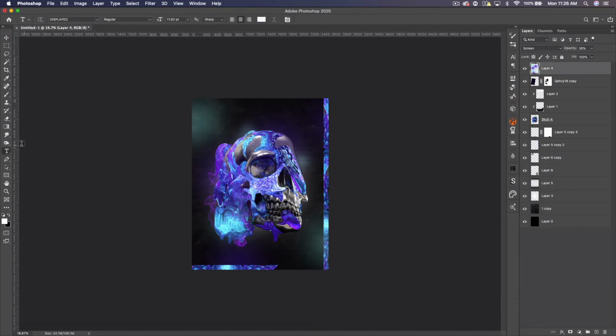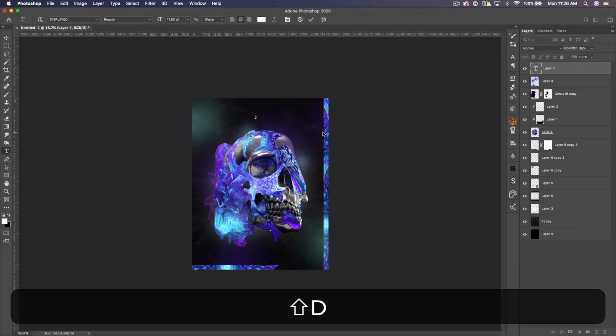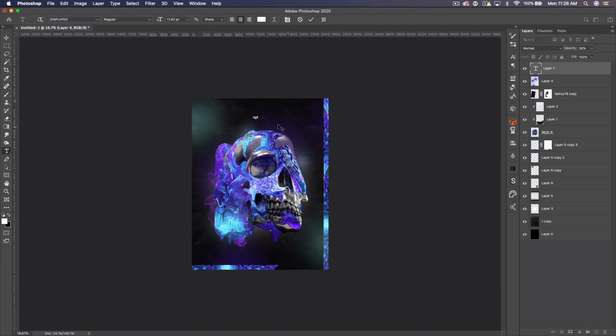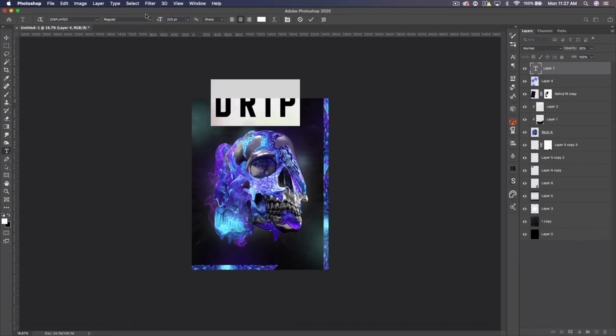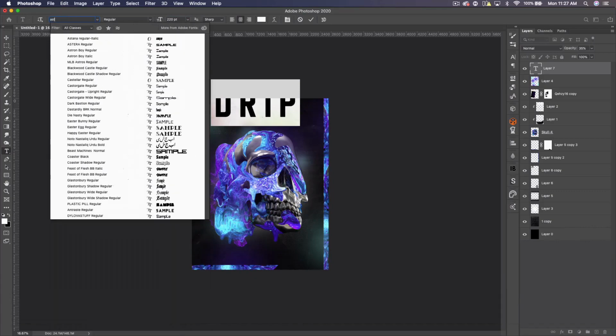Alright, so let's add some text. Get the text tool. I selected the top layer, so this text will be above everything. Click and type in your text, whatever you want it to be. I just typed in drip here. And let's make it 220 in size. It's a little big, but whatever. The font I used was Astra,